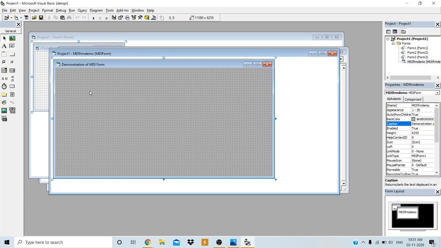So only the picture box control can be inserted on the MDI form, and also we can add the timer control on the MDI form. Why? Because the timer control is not going to appear when you run the application. Controls that do not appear when you run the application can be added on the MDI form, and also a control that has the align property can be added. Except these two kinds of controls, you cannot add any other controls on the MDI form. Got it, everyone?